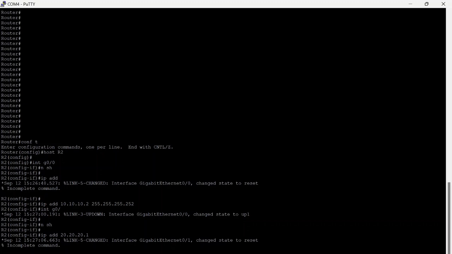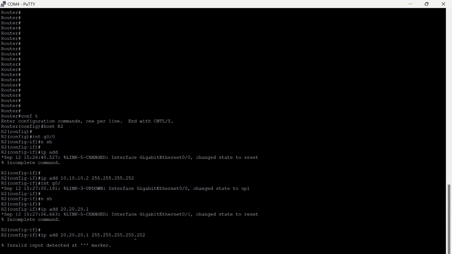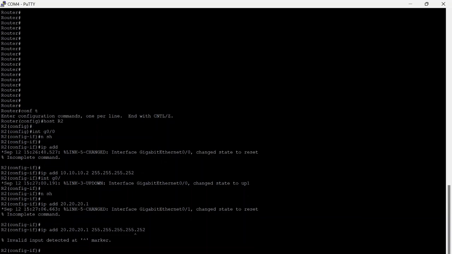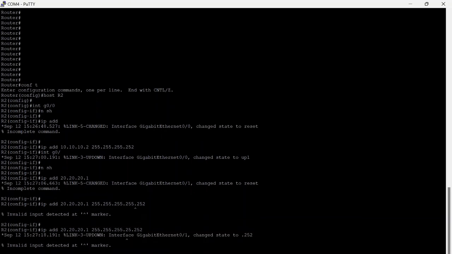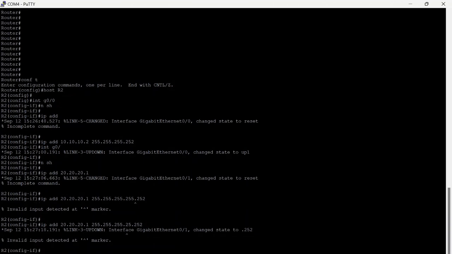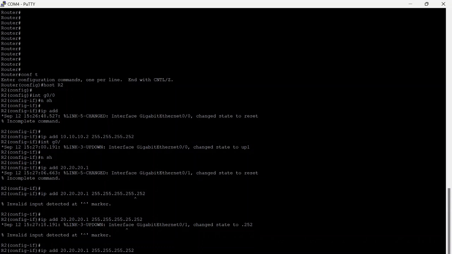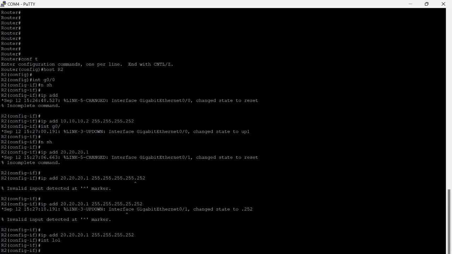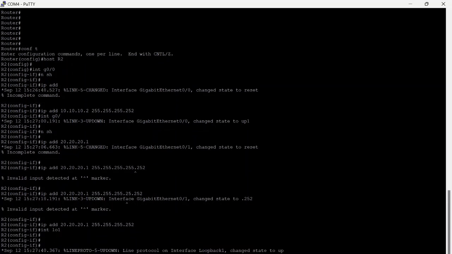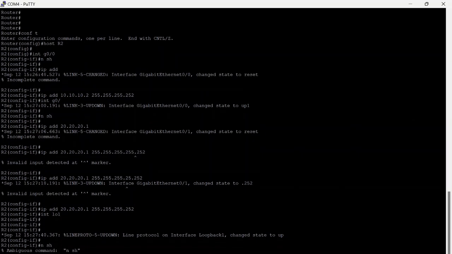I add the IP address for router 2. Sorry guys, I forgot. This is the IP for router 2, and I enter interface loopback. Oh no, I write no shutdown.